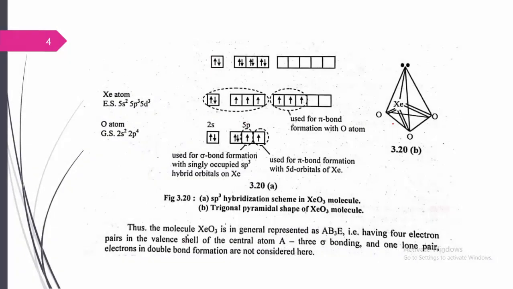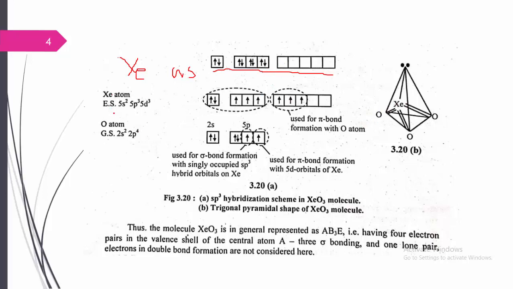What I told you here is the 5s2 and 5p6 electronic configuration, in the ground state. This is the electronic configuration of the ground state of the xenon atom. This is very important. 5s2 and 5p6 means completely filled. There is no unpaired electron for bonding in the formation of xenon trioxide. It can bond with three different oxygen atoms, but at least you require unpaired electrons for bonding with the oxygen atom.